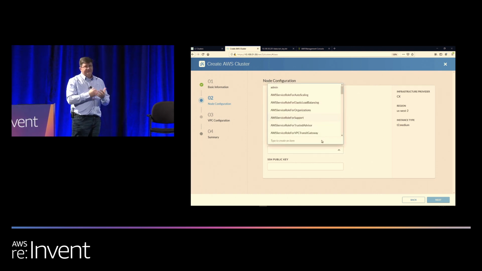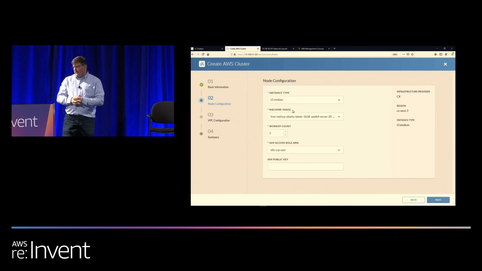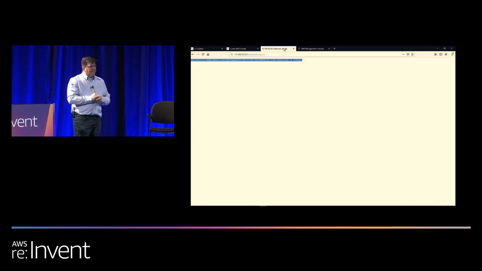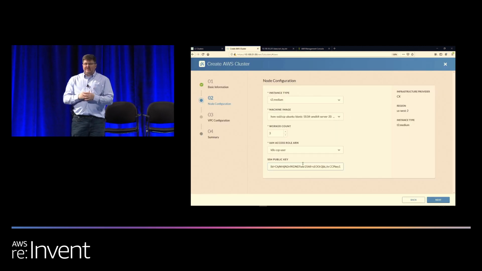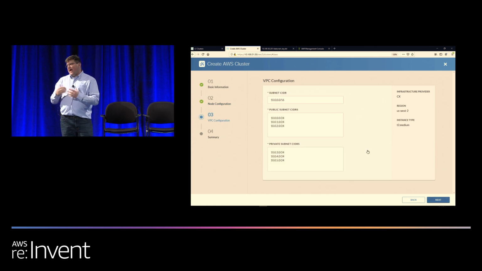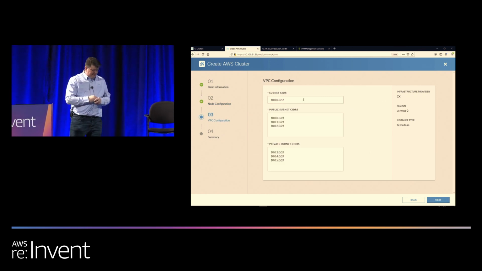So if you look and you see all the IAM access roles, you'll scroll down and you'll find that K8s CCP user account, which is what we're going to use for that authentication to be able to get to that cluster. And then finally, again, is that public key, for IT operations administrators, whoever might actually need to get within the node to be able to add or do additional items to that node itself. Then finally,